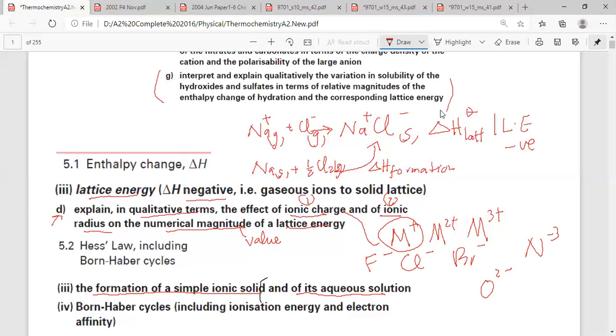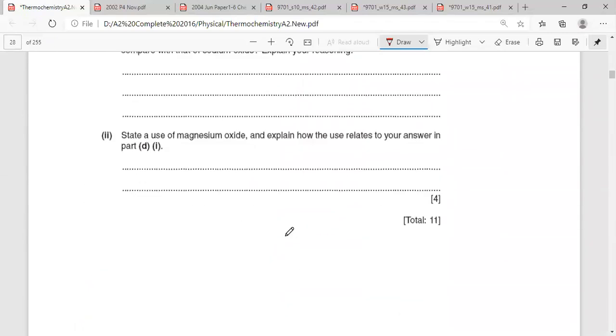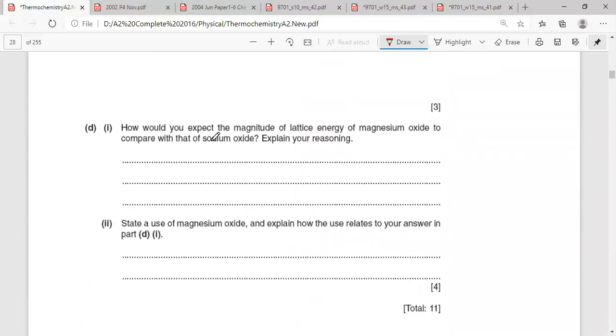So let's go to the questions on how to explain the difference in numerical magnitude of lattice energy for different substances. Okay, right? The difference. Now let's look at some of the questions here. Page 28. Okay, 28. Here. Right? How would you expect the magnitude? Magnitude means what? The size. Magnitude means the size or the amount